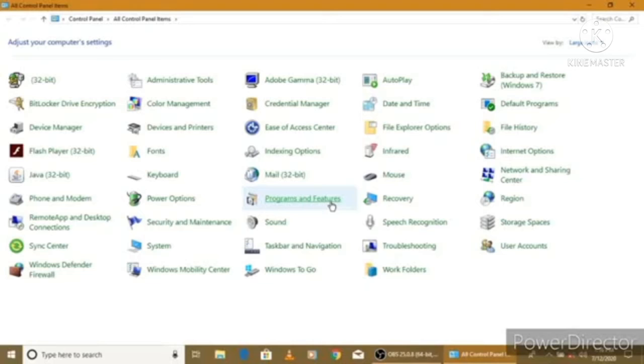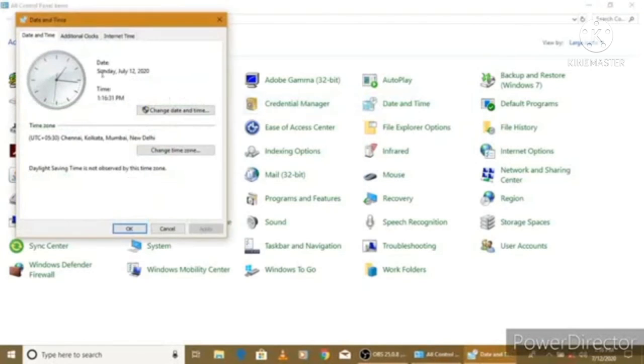Changing date and time settings. There are 2 ways in which date and time can be adjusted. Once the date and time are fixed, you don't have to change it. Choose start, then open control panel, then date, and click the date and time settings. It opens a window with the clock face. Click on the button change date and time.